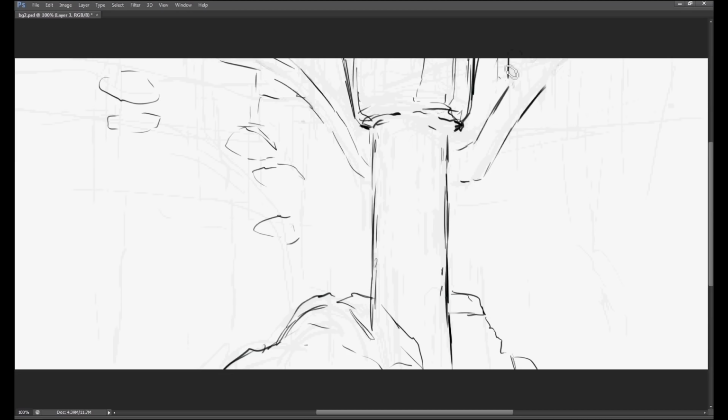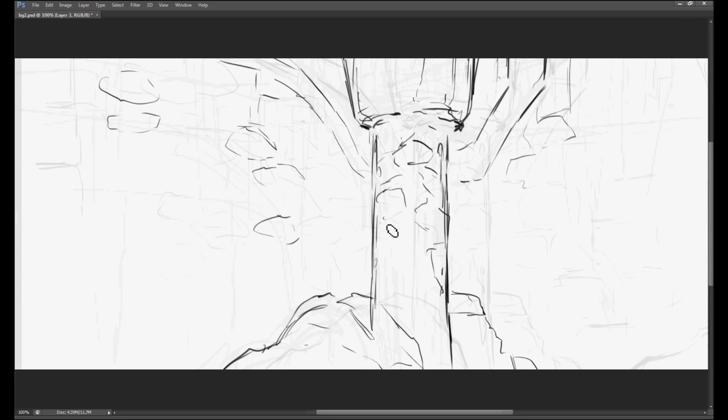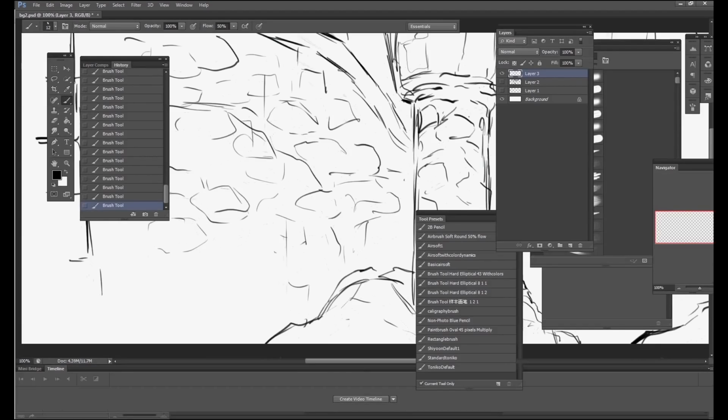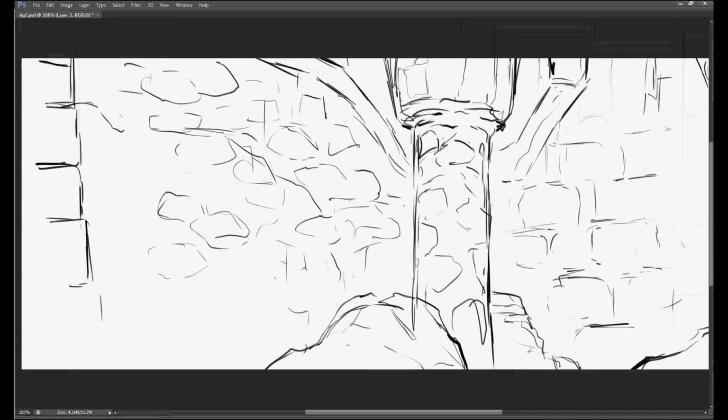As you can see, I'm still being very loose because you're not really going to see these lines in the final product, but for me, they still play a vital role in this background, so I'm going to keep them. I'm giving myself as much information as I need in order to paint intricately, so I'm still giving time and attention to a lot of the materials in the shot. Anyways, I'm just gonna wrap up these tie-down lines pretty soon, because I think we have enough information we need to actually start painting some of the intricate details.